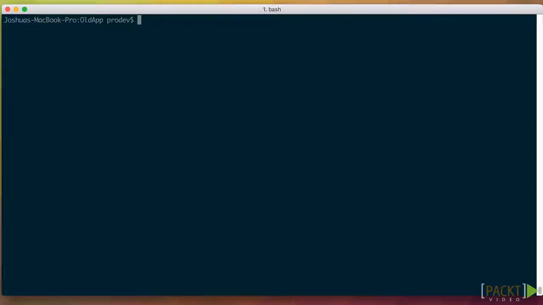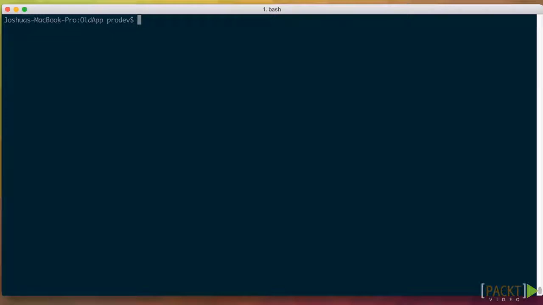React Native moves at a very fast speed. There's new development going on all the time, and the upgrade cadence is that every 2 weeks there's a new build that's available. This can result in lots of new features being available, but also that you need to kind of keep up with the changes that are happening. Moving from version to version in React Native is pretty straightforward, but there are a couple tricks that you need